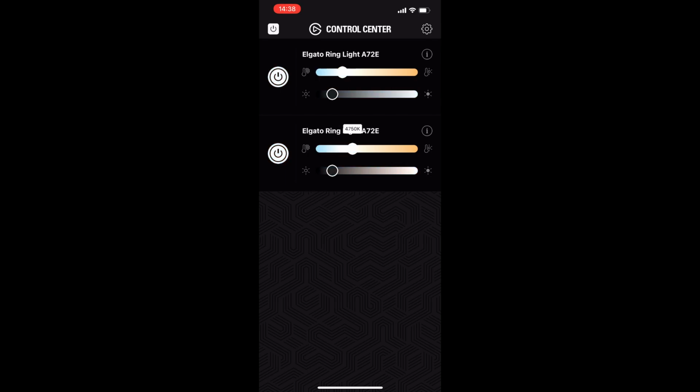I actually like this, so I played a lot with these sliders to see how it gets replicated and how it gets sent to the Elgato ring light and sent back, and it's visible in the other control as well. And there is a slight delay going through your Wi-Fi, but that's probably expected. But the fact that you have two controls, it's not really expected.